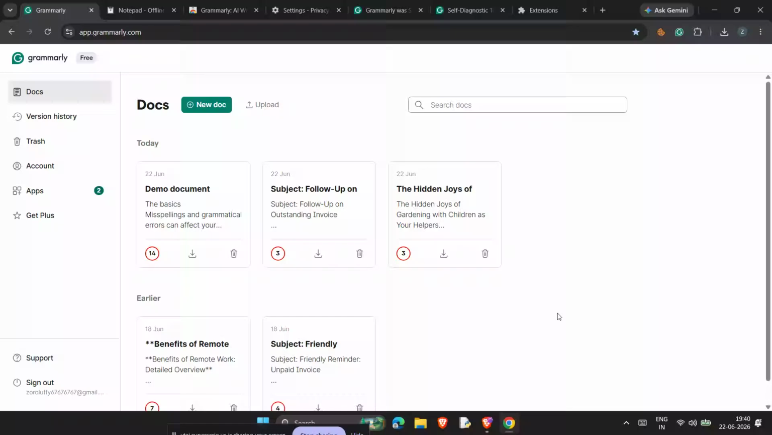If Grammarly is giving you trouble, whether the extension has stopped underlining, crashed completely, or you're seeing messages like "can't help with this text" or "couldn't generate text," don't worry. In this video, I'm going to walk you through the fastest fixes step by step so you can get Grammarly